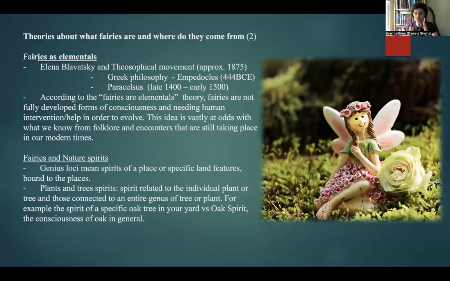So it's like boxing. We have fire elementals, that's fire fairies. We have air elementals, that's air fairies. We have water, and so on and so forth. And we have spirits of plants and trees, which are also fairies. I tend to disagree profoundly with this for a number of reasons that we will develop.